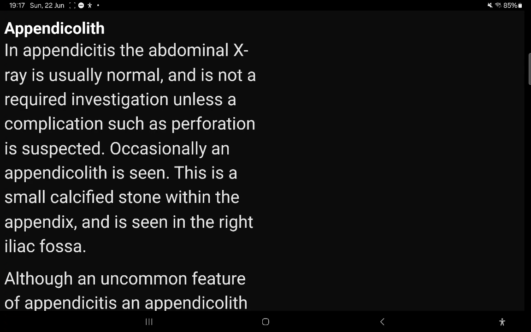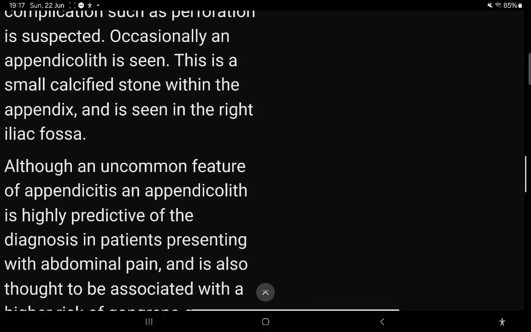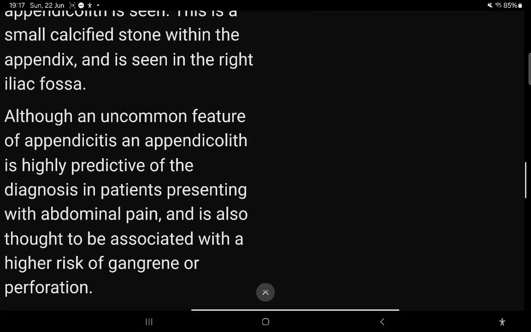This is a small calcified stone within the appendix and is seen in the right iliac fossa. Although an uncommon feature of appendicitis, an appendicolith is highly predictive of the diagnosis in patients presenting with abdominal pain,